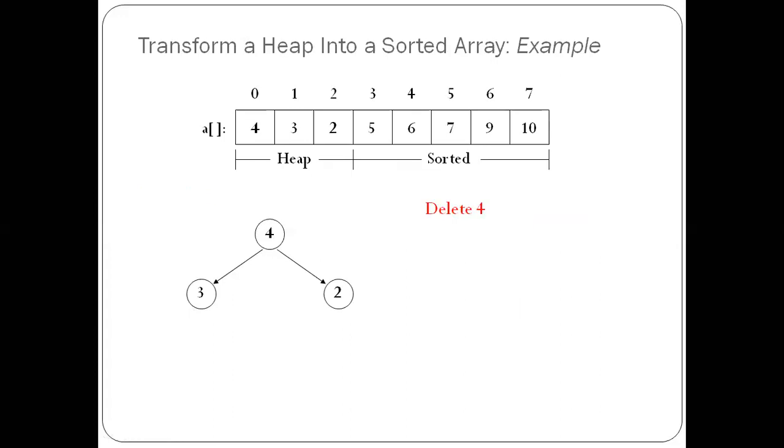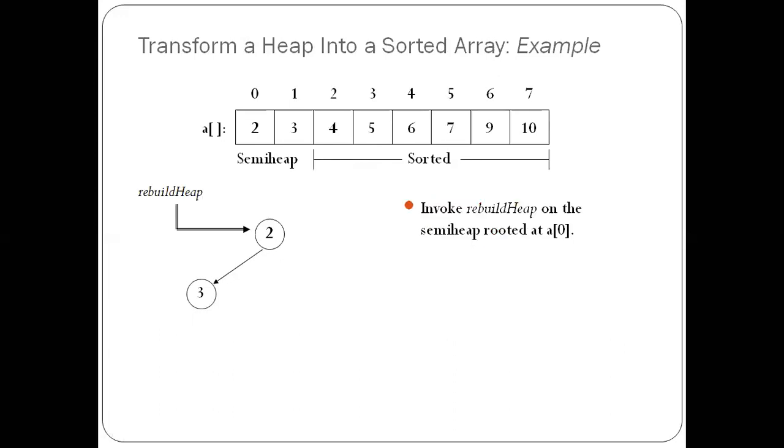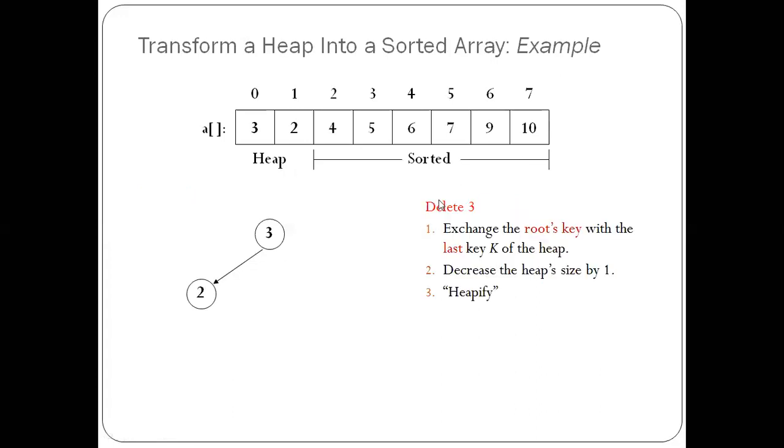So now you can delete 4. So 4, 5 is added in the sorted part. Again 4 will be interchanged with the last element in the node, that is 4 and 2 will be interchanged, and 4 will be deleted. Now you will be getting 2 and 3. Again 2 is not satisfying the heap property. So what we should do is again apply the heapify procedure or rebuild the heap. So 3 will be coming up and 2 will be coming down. So this will be the heap you have constructed.